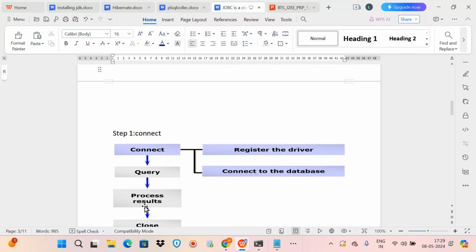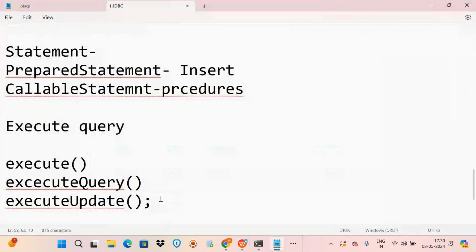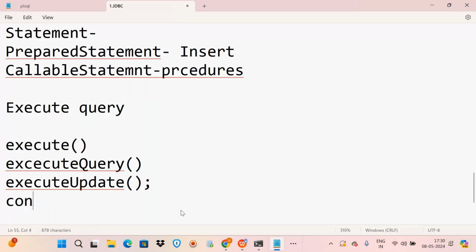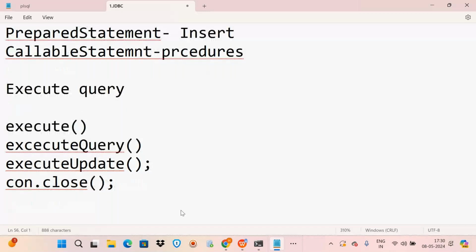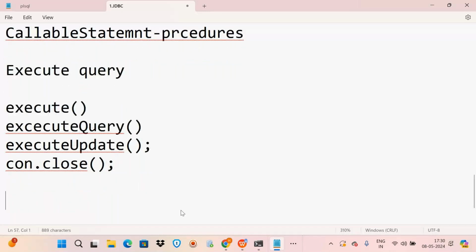We will finally process the result and then close the connection. Whatever connection we open, we will close. Suppose the connection object is con, we will use con.close(). So here is how we will write it: first you will write Class.forName,